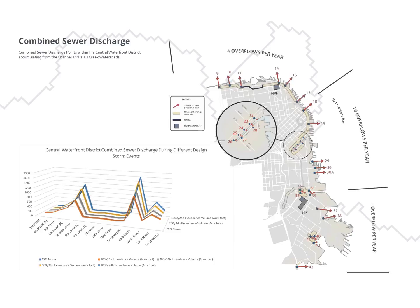So also looking at combined sewer discharge, because we have a gray infrastructure system that's oversaturated and overworked, you do have a lot of discharge events. And two of the primary discharge points on the eastern side of the peninsula around downtown are the Mission Creek and Azeles Creek Channel. You can see them on the left in this small chart. On the far left, you see the Mission Creek Channel in the blown up bubble. On the right in the diagram, you can see these discharge points 22 through 28 are all included in that Mission Creek Channel discharge area. And that, during a 1,000-year 24-hour design storm event, has a discharge of 1,137.6 acre-feet, substantially more than the surface flow,